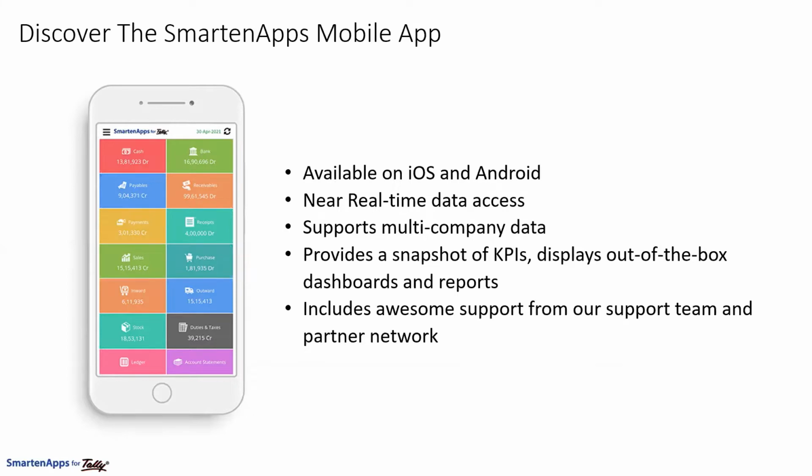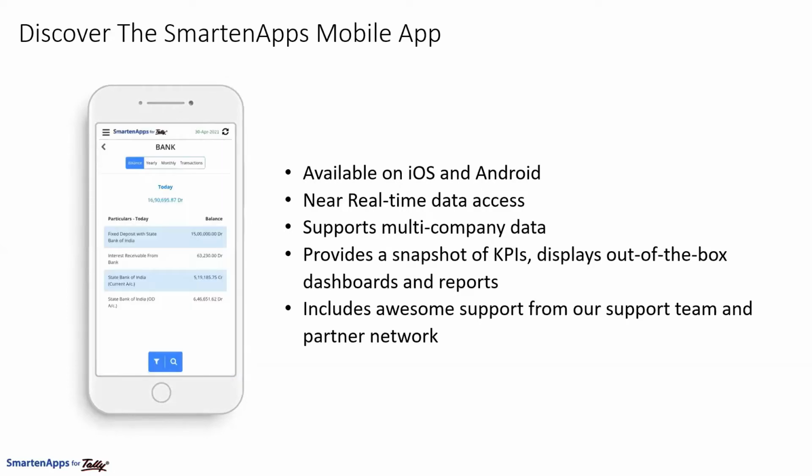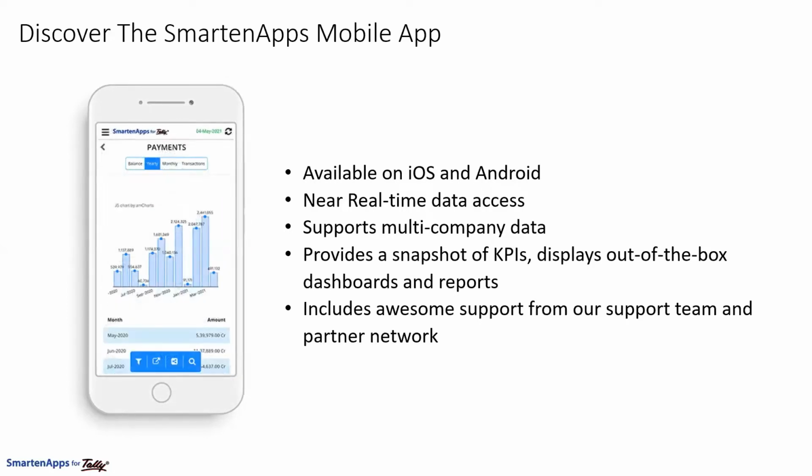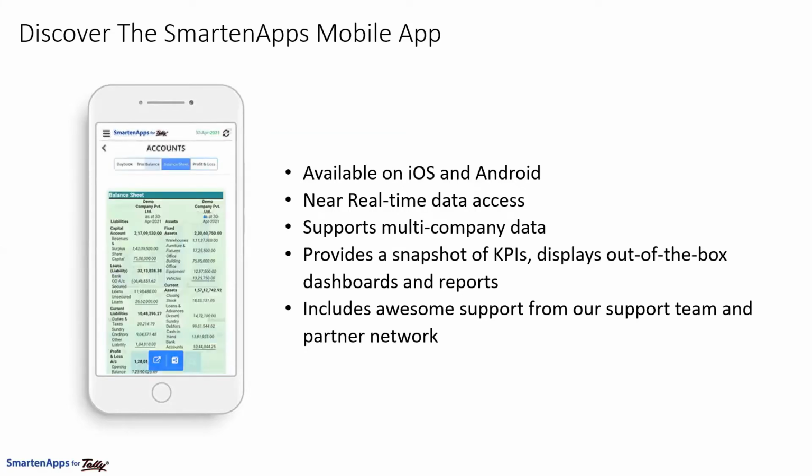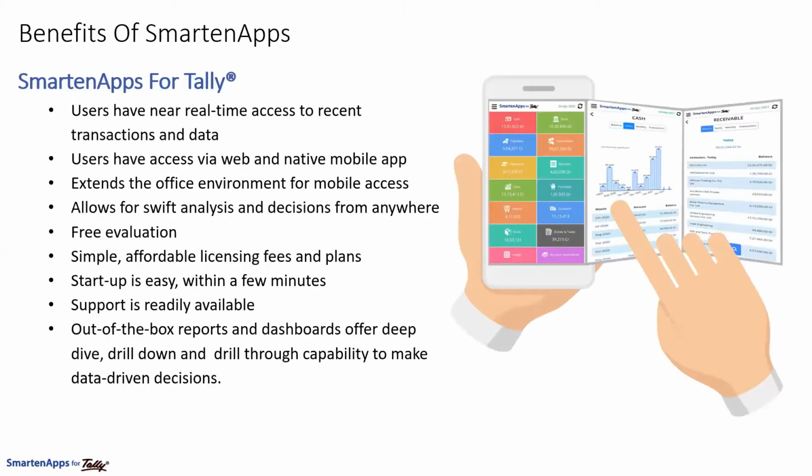So apart from this business intelligence and analytics, you also have the mobile app, which is on iOS and Android. You get the access to your key KPIs. You have access to all the trends in graphical and tabular format. You have access to ledger information as well. So any ledger you want to just query while you are traveling, or say while you are at customer's place, you can immediately check the up-to-date ledger balance. You can even share via WhatsApp, email, or whatever other sharing apps that you have. So all that is pretty accessible.